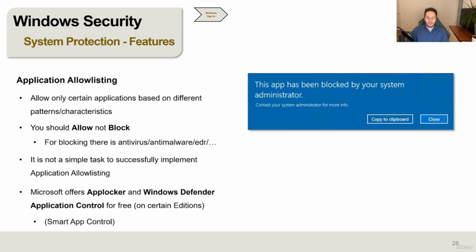I think it's from Microsoft, some kind of new application allow listing that should be as strong as Windows Defender Application Control, but should be as simple to implement as AppLocker, for example. But let's see, it's still not enterprise ready. There is actually no granular configuration to, let's say, allow one application. And there is a ridiculous requirement that you must send optional data to Microsoft to be able to enable this smart app control, which is kind of ridiculous, because